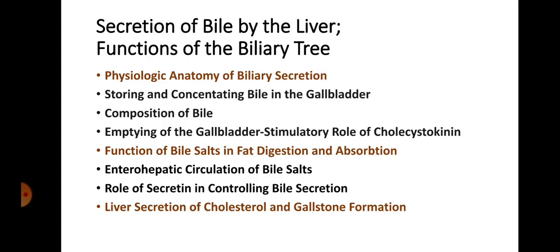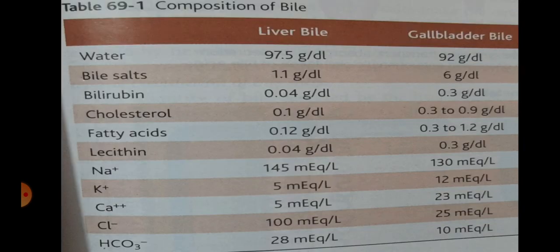Now let's talk about the composition of bile. Table 69.1 gives the composition of bile when it is first secreted by the liver and then after it has been concentrated in the gallbladder. This table shows that by far the most abundant substances secreted in the bile are bile salts. Note that the most abundant substances in the bile are bile salts, right,